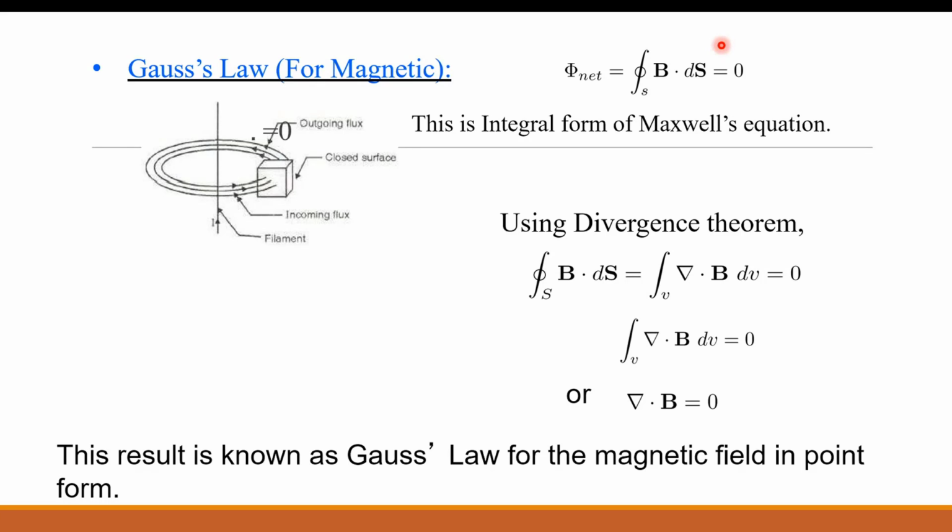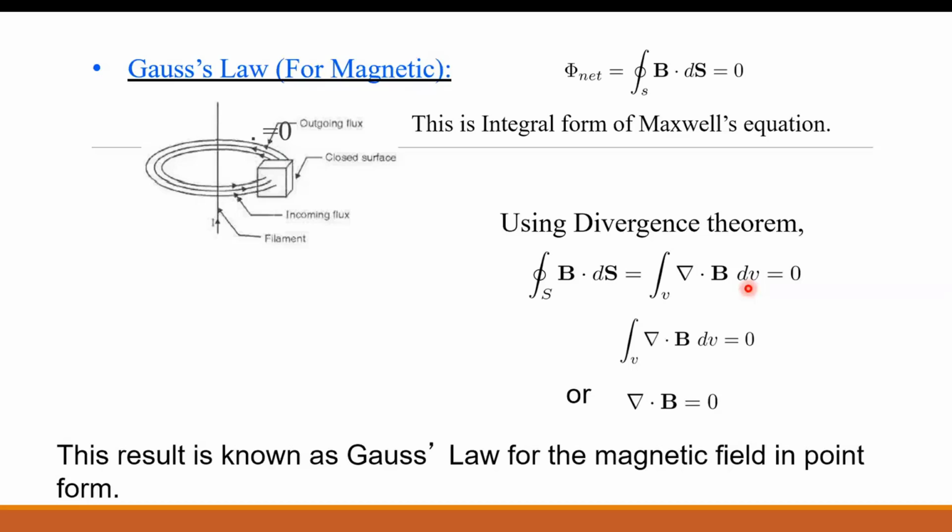Right. So we can apply divergence theorem or Stokes theorem to any vector quantity. Now here the vector quantity is b bar. So according to divergence theorem, what is divergence theorem? Surface integration of any vector quantity is equal to volume integration of del dot of that vector quantity. Right. So here we are expressing b bar. So closed surface integration of b bar dot ds bar is equal to volume integration of del dot b into dv, and that is already 0.